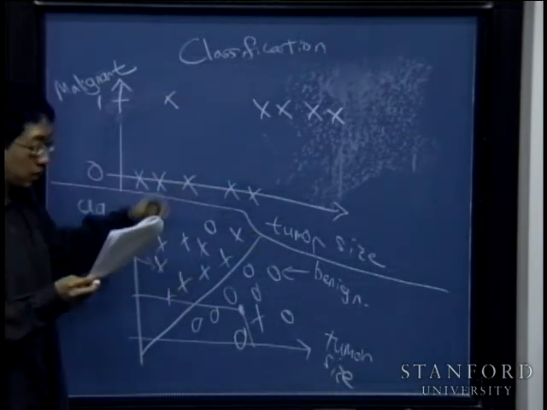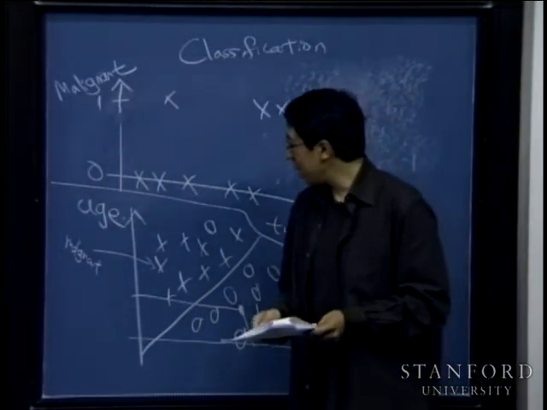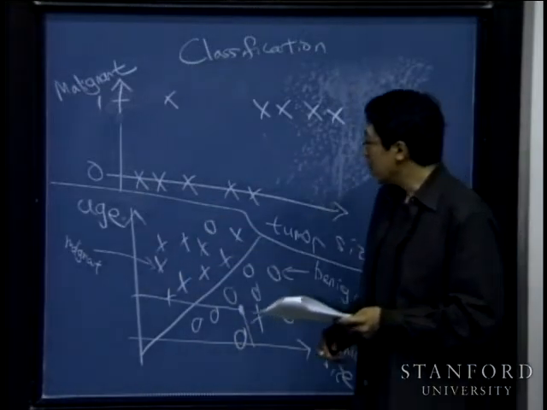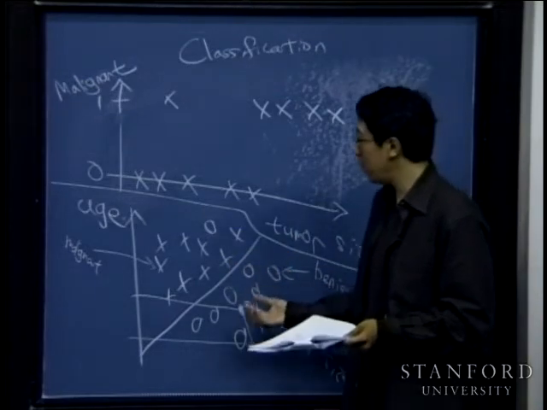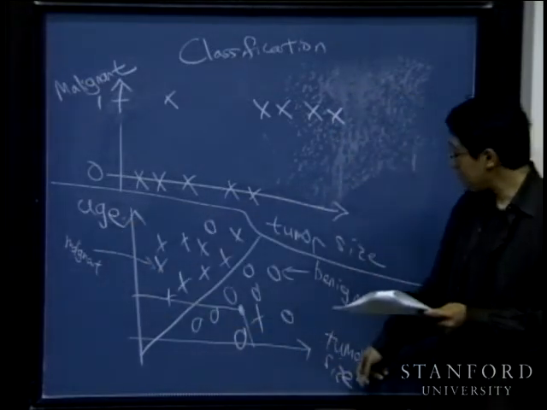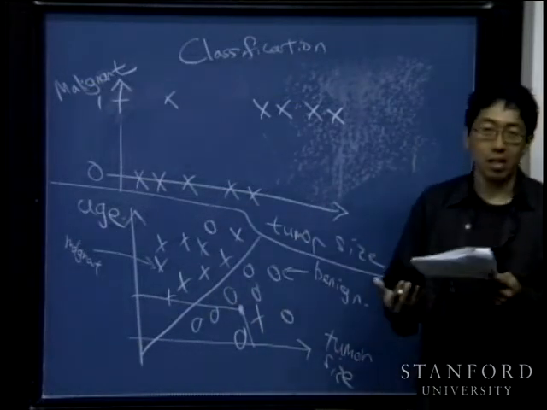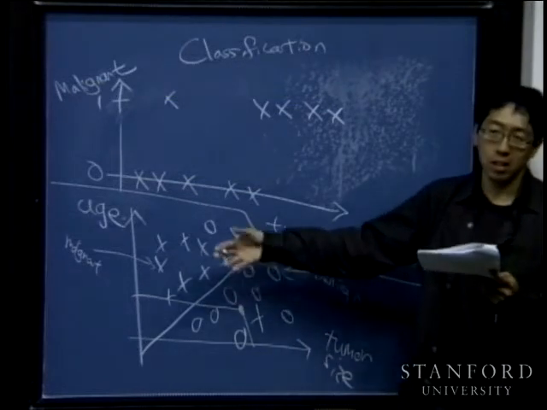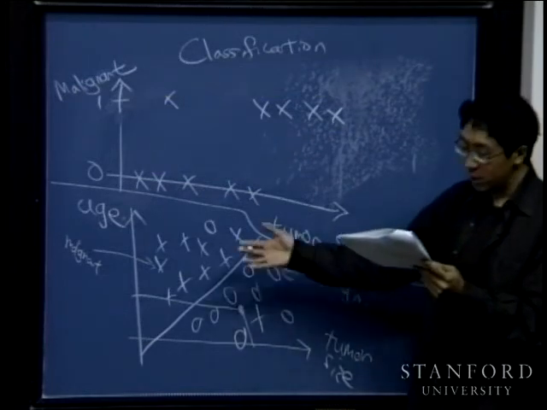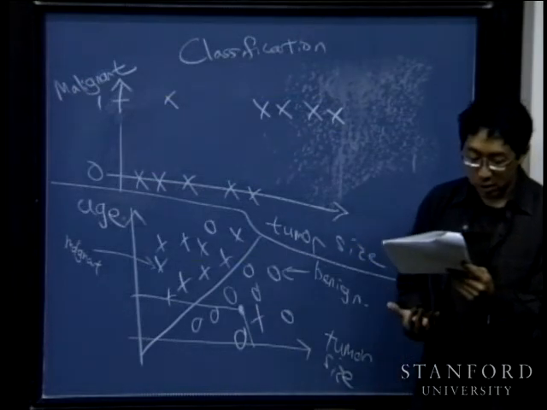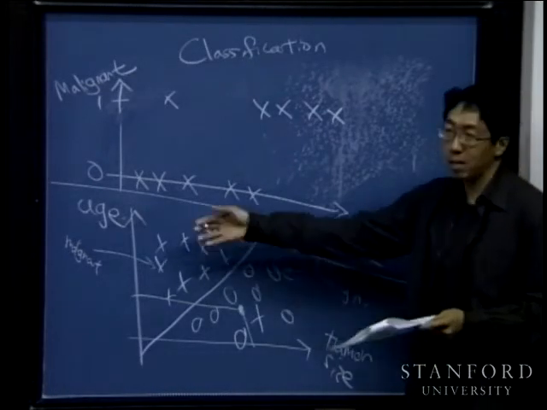And another classification problem. And so it turns out that one of the issues we'll talk about later in this class is in this specific example, we're going to try to predict whether a tumor is malignant or benign based on two features, or based on two inputs, namely the age of the patient and the tumor size. Turns out that when you look at the real data sets, you find that learning algorithms often use other sets of features. In the breast cancer data example, you also use properties of the tumors like clump thickness, uniformity of cell size, uniformity of cell shape, marginal adhesion, and so on. So various other medical properties.